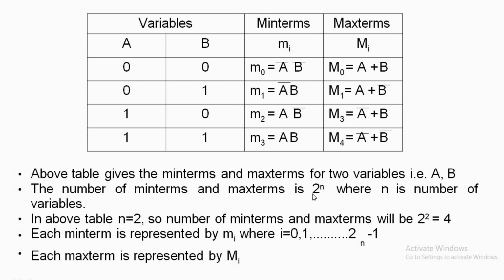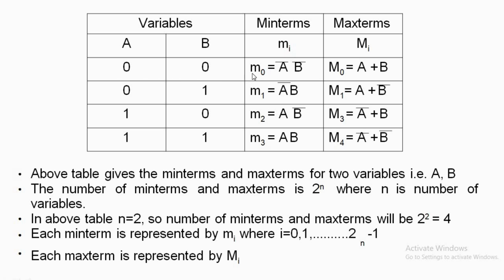Now we will see min terms and max terms for two variables. Suppose there are two variables a and b. So for the above table, for n variables there are 2 raised to n combinations. So 2 raised to 2, 4 combinations are there: 0 0, 0 1, 1 0, 1 1. So for these two variables we can write down min terms and max terms. So min terms means product terms and max terms means sum terms. Min terms are represented by small m, max terms are represented by capital M.